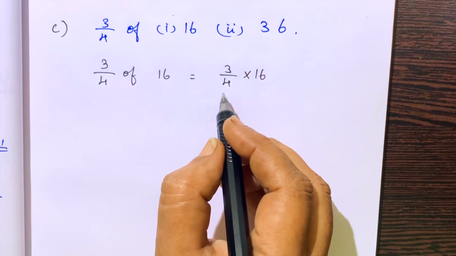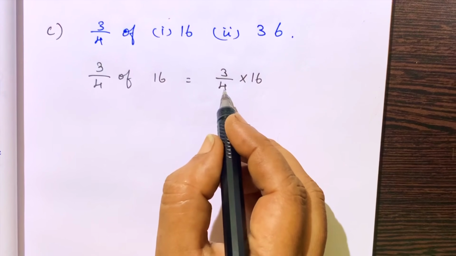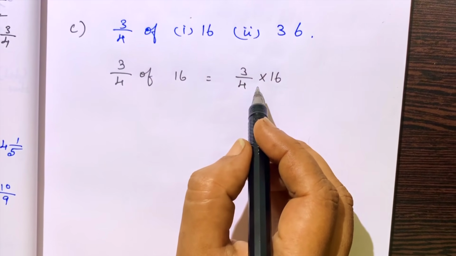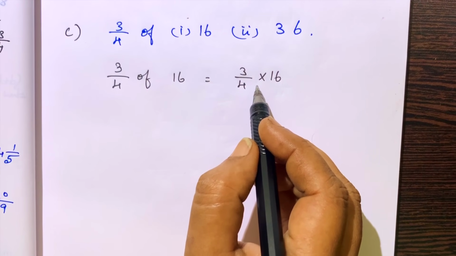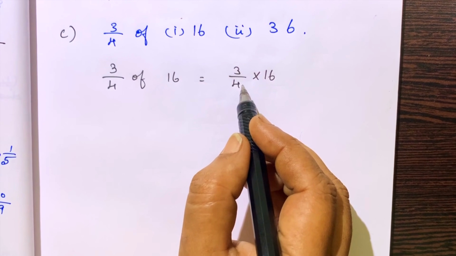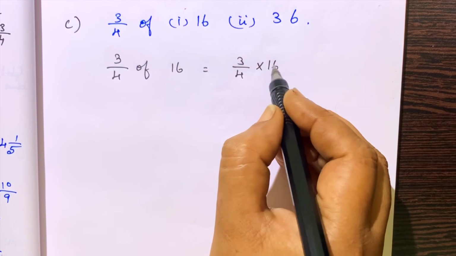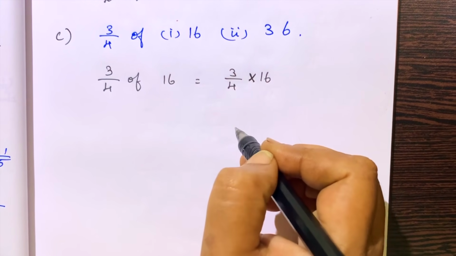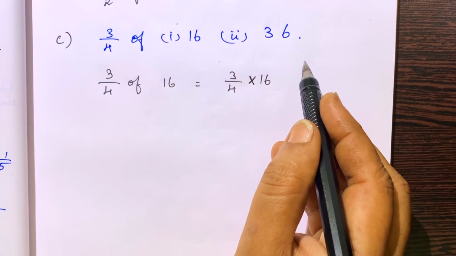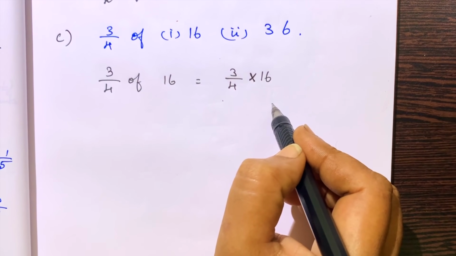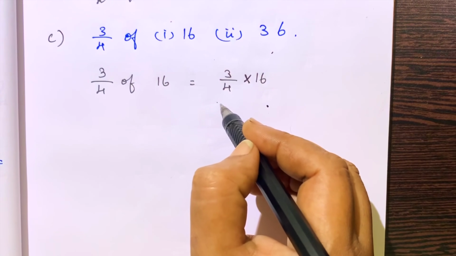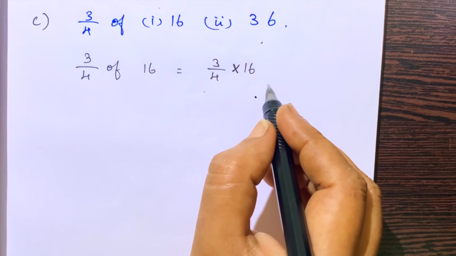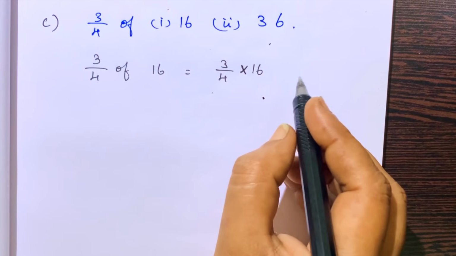So always when you cancel, this cancellation method, you know very well. Again I am telling, always when you cancel, only in multiplication can you cancel. Addition and subtraction you cannot cancel here. When multiplication is there, you can cancel one numerator and one denominator. Numerator and numerator you cannot cancel, and denominator and denominator you cannot cancel. So one numerator and denominator only you can cancel. This you know already. In the smaller classes you have learned already. I hope in the 5th standard.